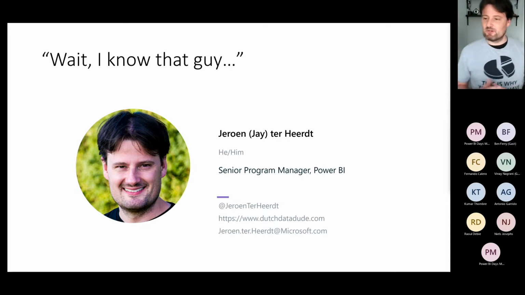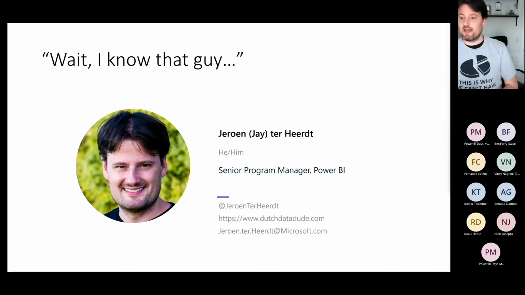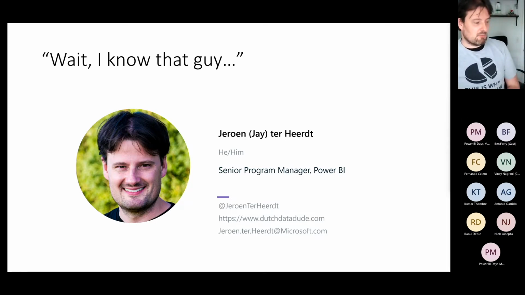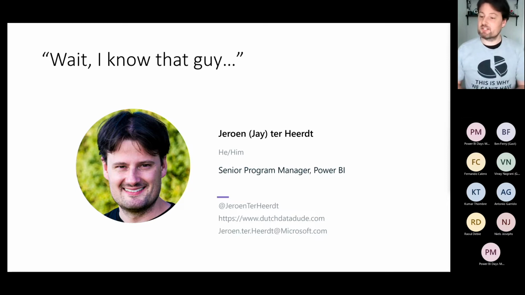So in the Power BI team, for those that don't know, I own the DAX and modeling space. So anything related to the programming language, the beautiful programming language that everybody loves to hate, DAX, and our modeling story, like relationships, the model view, but also composite models. That's basically my area. So I'm not a big visualization expert. I do have strong opinions on pie charts, but I don't own that space. It doesn't mean that I don't have an opinion or think we should have ideas on what we should be doing. But I don't get to call the shots over there. So I get to call the shots on everything modeling and DAX.